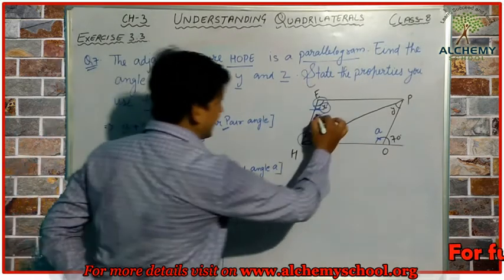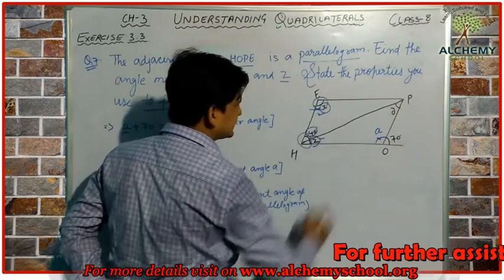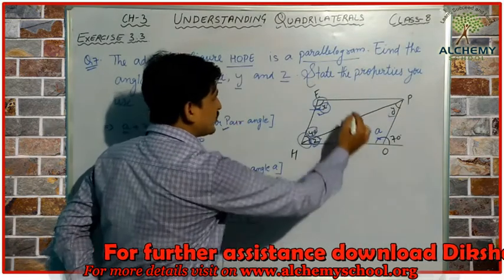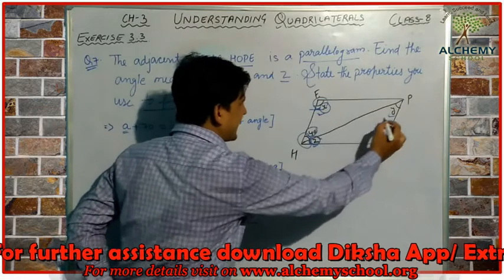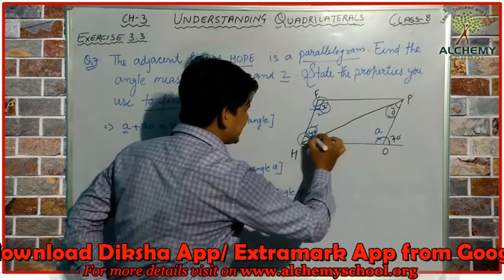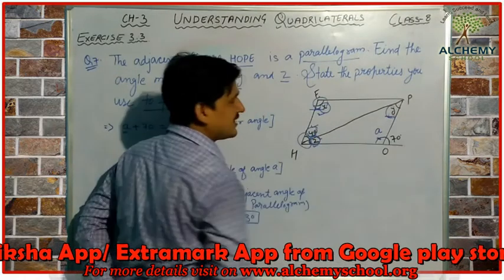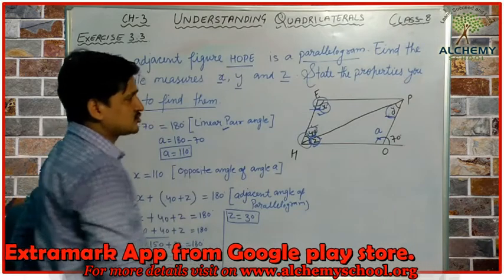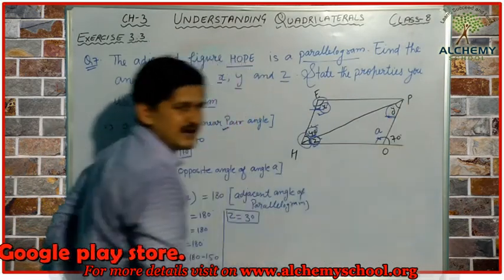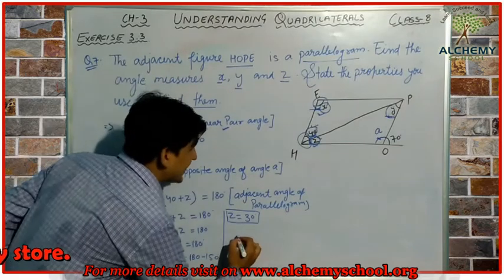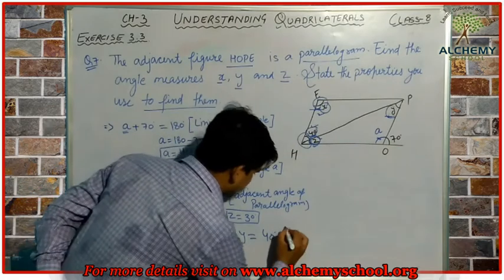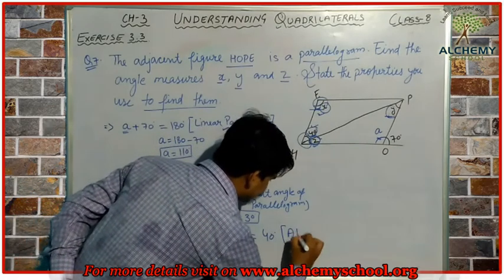Now we have the value of x and we have the value of z. What is remaining? This y is remaining here. So students, when we observe the figure, we will find that this y and this 40 degree angle are alternate angles. According to this property, this angle and this angle will be equal. So we can write here y is equal to 40 degrees. Why? Because it is